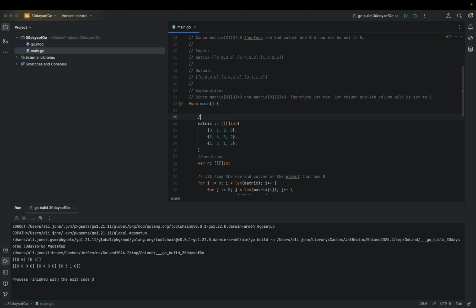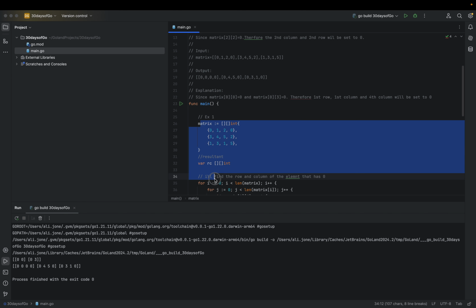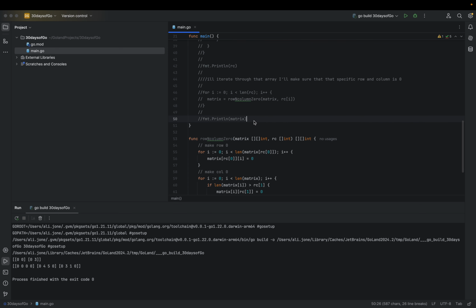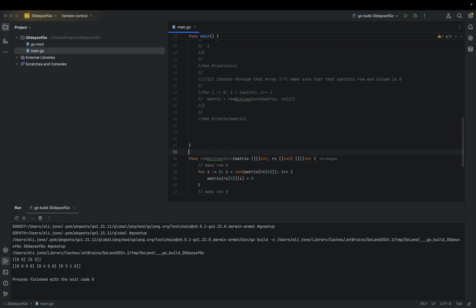I'll probably divide it into folder structures later, but right now I'm doing this. Okay, so